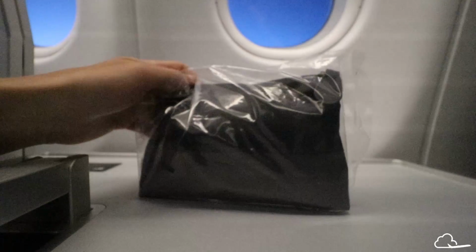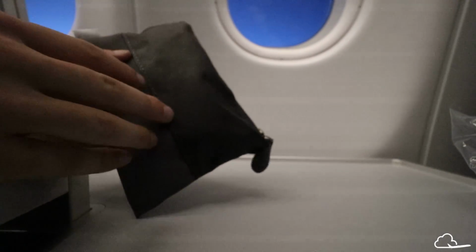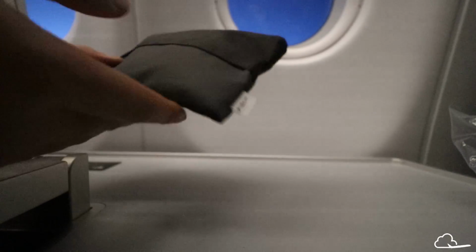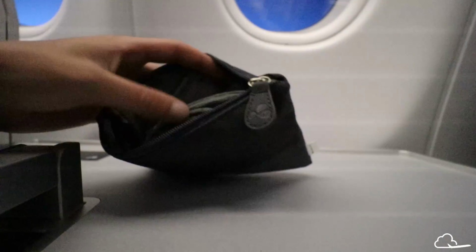Alright, so let's have a little look at the amenity kit. Let's see here. Bye-bye garbage for now. So here's the kit. It's very, very small in size. Even smaller than the JetBlue Hopper kit I think I got. So I don't know if it will be super handy as a reusable bag. Here we open it up. So alright,